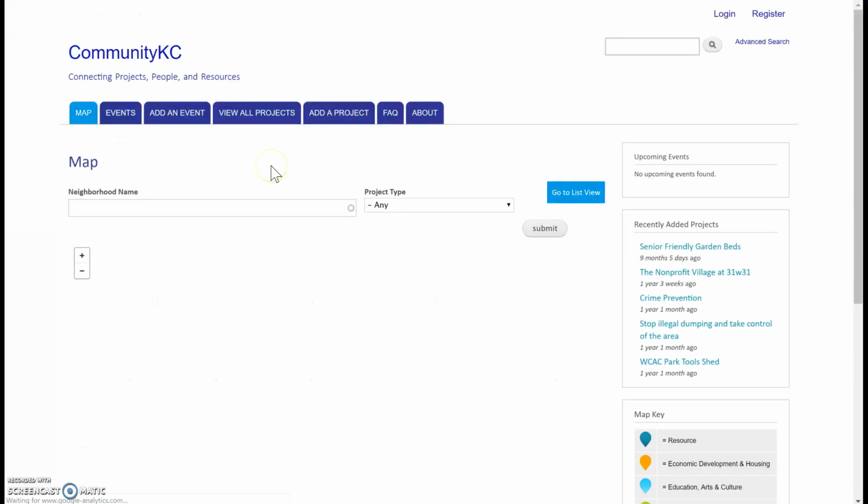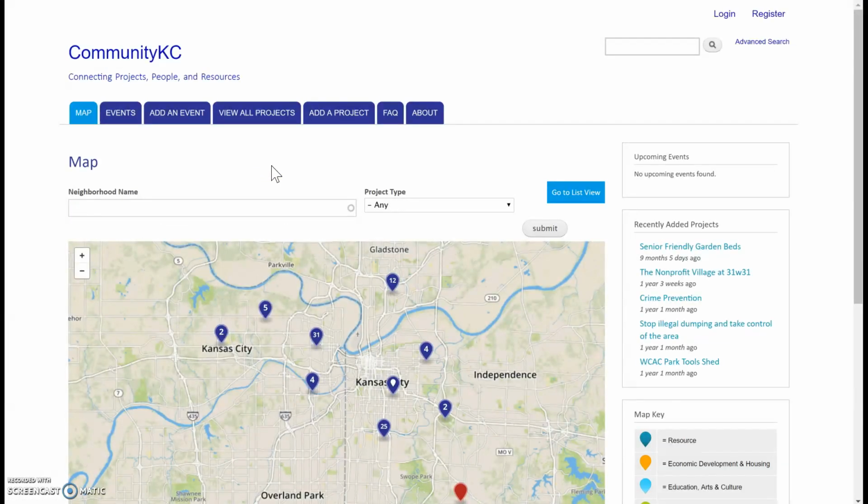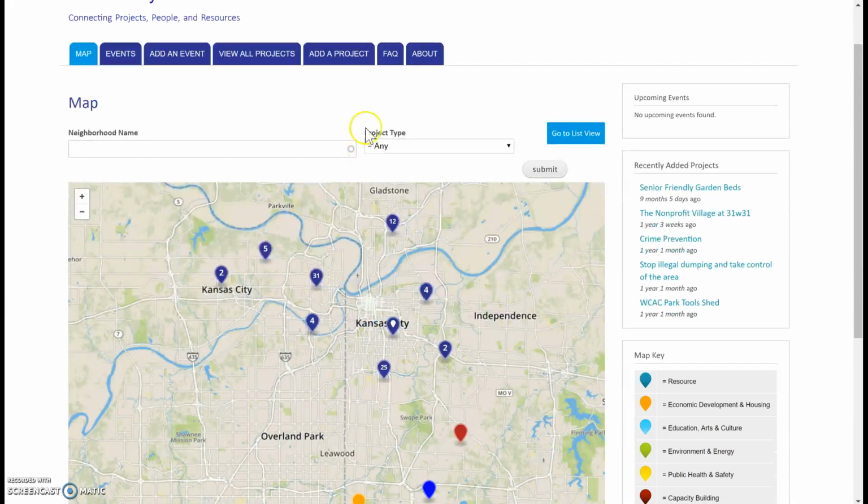The CommunityKC website is sharp and designed to help the user in any way it can. The website serves as a database for those looking to get the word out about their projects or find information on one. It is concise and does not lead the user down a difficult trail of tabs, but rather provides a well-organized way to locate projects in the Kansas City area. The user has many searching tools at their disposal and can find answers to their questions in the Frequently Asked Questions tab or contact CommunityKC